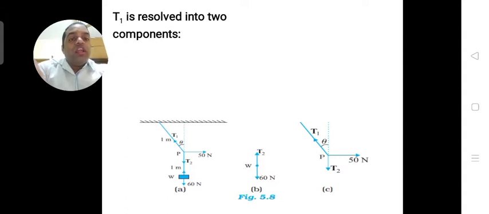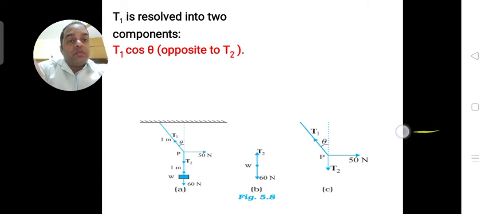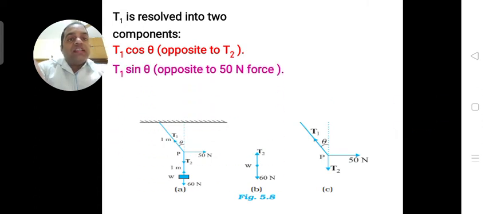Here T1 is resolved into two components. T1 cos theta opposite to T2. See the diagram carefully. T1 will be resolved into two components: T1 cos theta opposite to T2 and T1 sin theta opposite to the 50 Newton force. These components will be at point P. So in equilibrium,